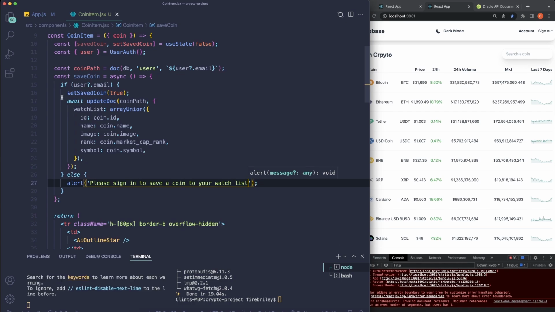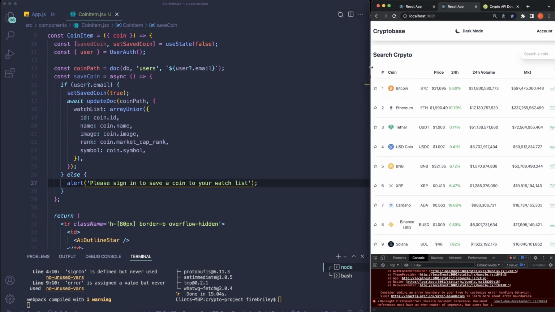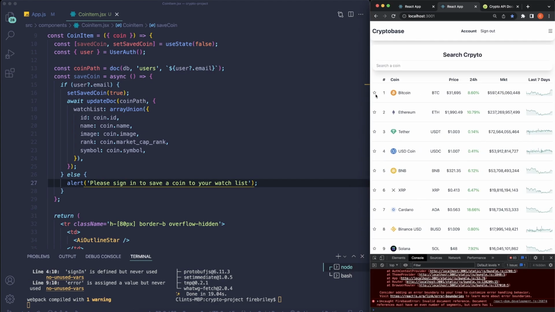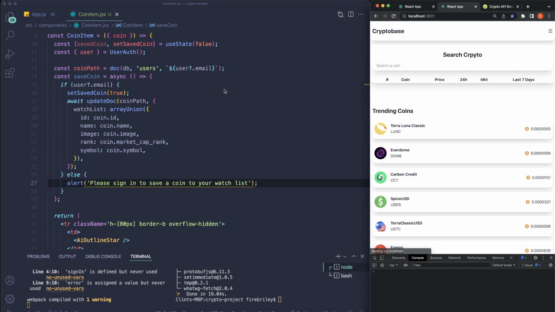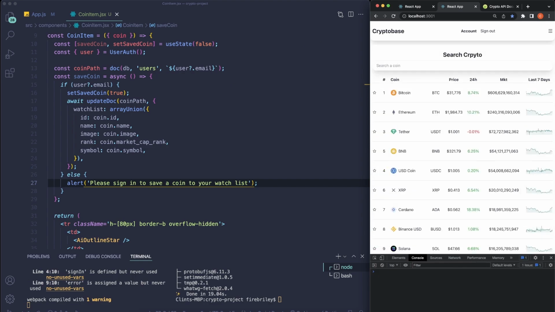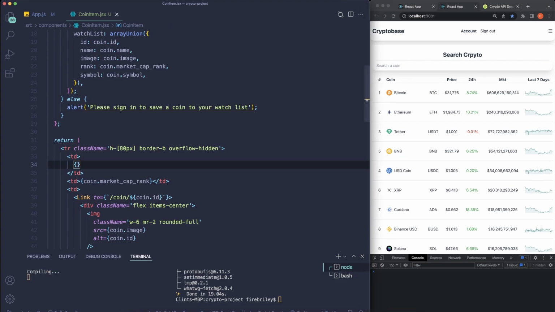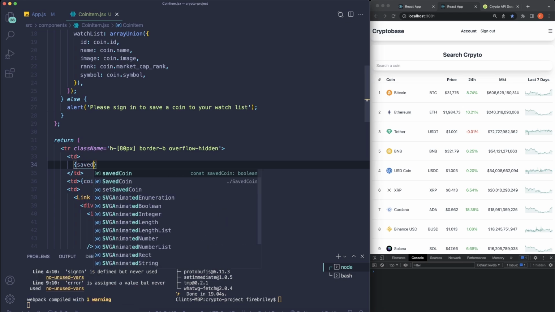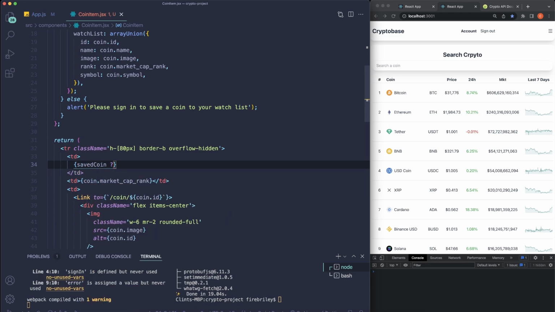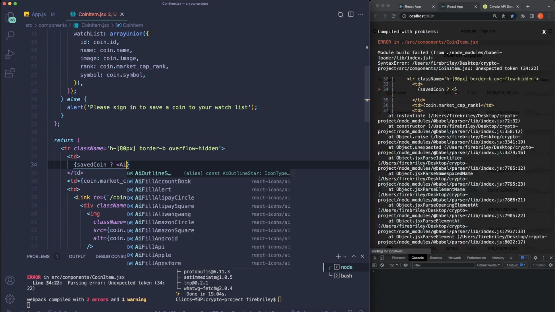So let's save that. And a couple more things here we want to do. Like I said, I want to change this little star here. I want to use another star whenever we save it. So what I want you to do is scroll down just right here, and what I can do, just cut that out, okay? And we'll use our curly brackets, and what we want to say is save coin is true. We want to run this AI